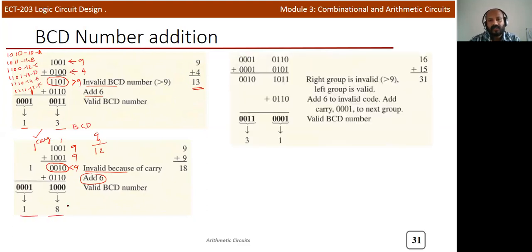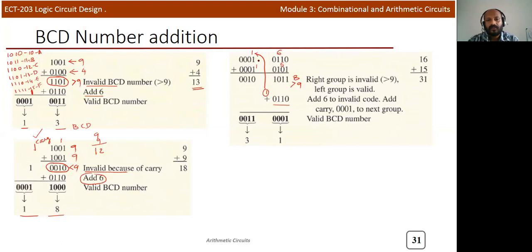Now we'll check another case with 2 digits. So if you add the two values, the first case you can see that this is 6 and here it is 1, here it is 1 and this is 5. After adding 6 plus 5, you will get 11, which is equal to B actually, which is greater than 9. So we need to add 6. Okay, so here we will add 6 and you are getting 1 here, and there will be a carry after adding 6. That carry is written to the next position.